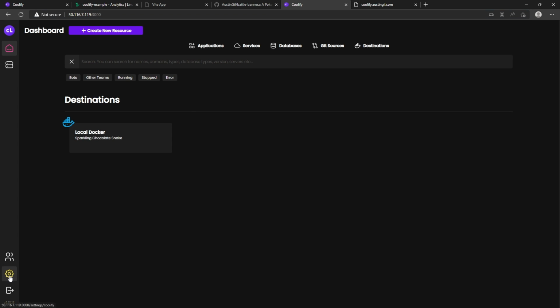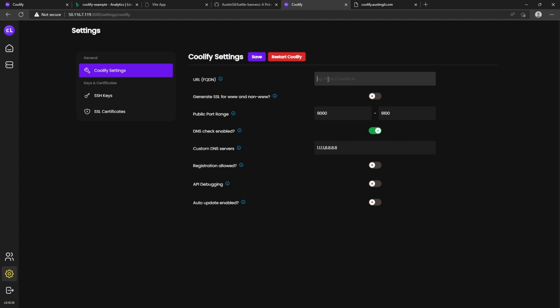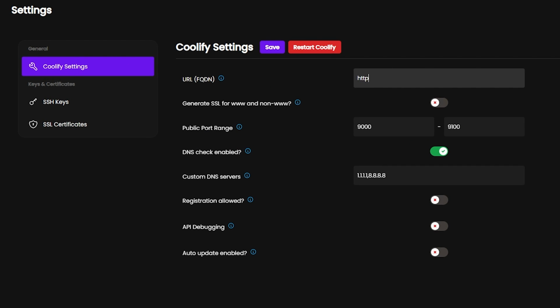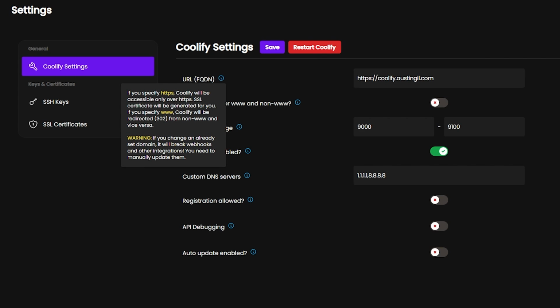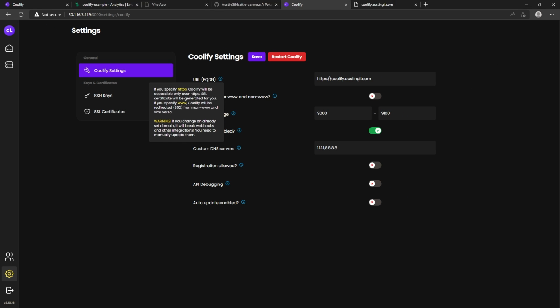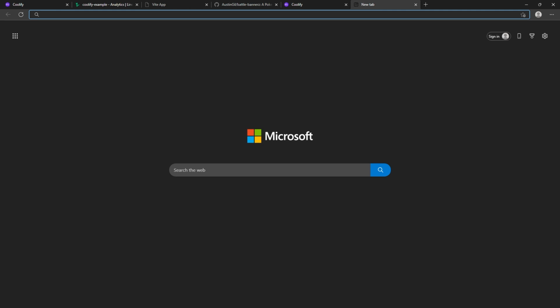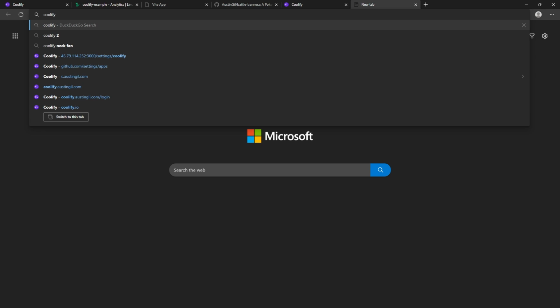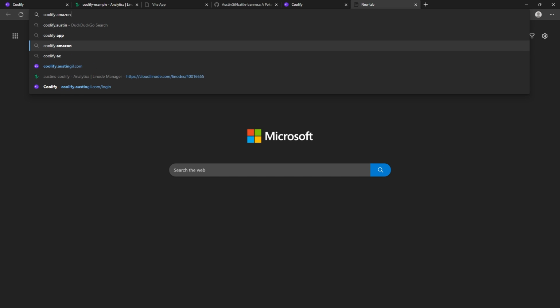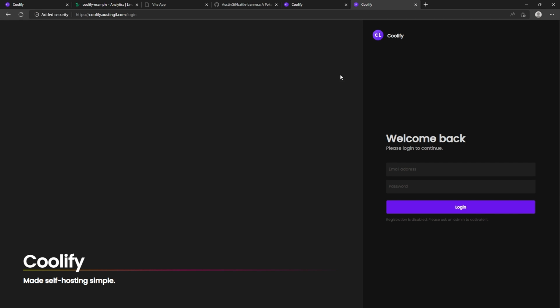So I looked it up and I should be able to change the URL here to now https://coolify.austingill.com. And this is actually going to generate an SSL certificate for me, so I don't need to have one already. And after a few moments, if I go back to coolify.austingill.com, we see the same login screen, but we have an HTTPS connection. That's awesome. So I should be able to log back in